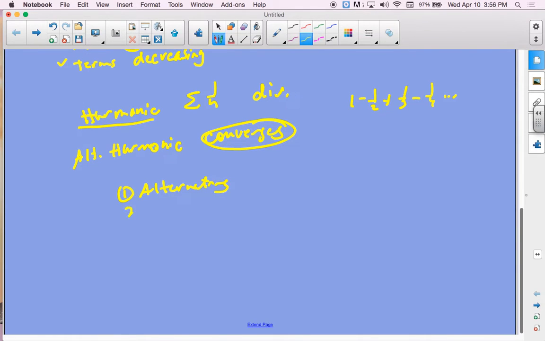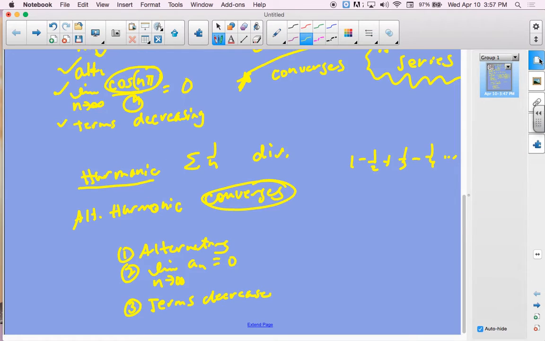Check that. Then check the limit of the nth term and see if it's going to 0. And then make sure that the terms are decreasing as you progress through the sequence or the series. All right, now